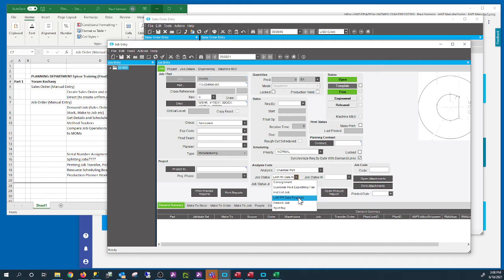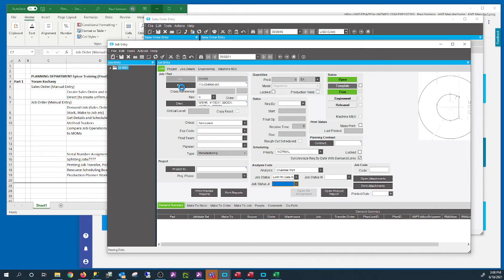When we go live, I don't want any hiccup or error message like this. So we need to fix it before we go live. Sure. Messages sometimes tell you something, so the question is, what is it telling us? The analysis code: we need to select something, or we can make something that will default the analysis code.